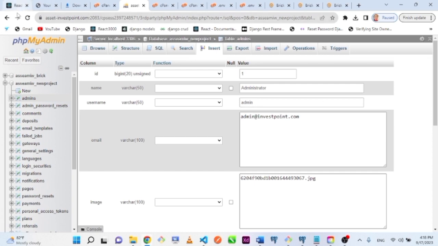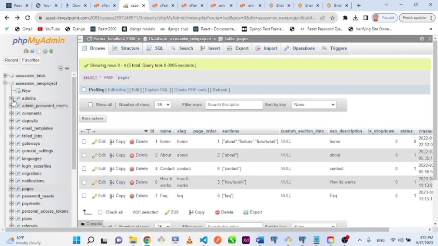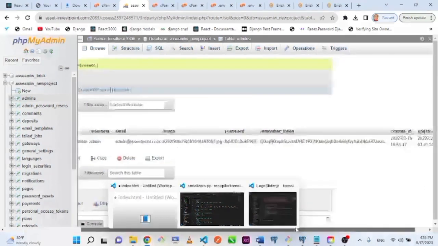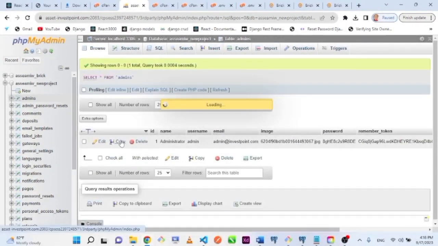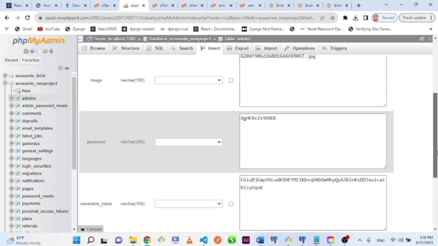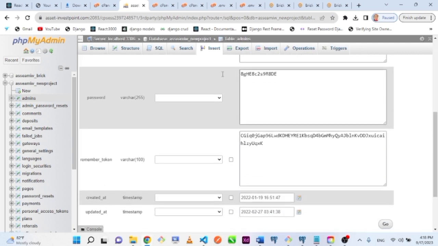Or if you want to use another admin, because normally you're going to have one admin right here, the information of the admin that you can use to log in, you can just copy this to duplicate the admin details. After you duplicate this, you can come here and change, let's say, my admin, change this to myadmin@investpoint.com. Then come here, password, change the password to